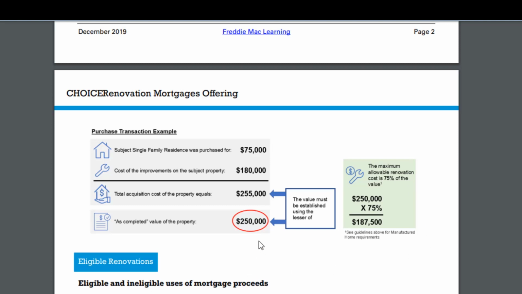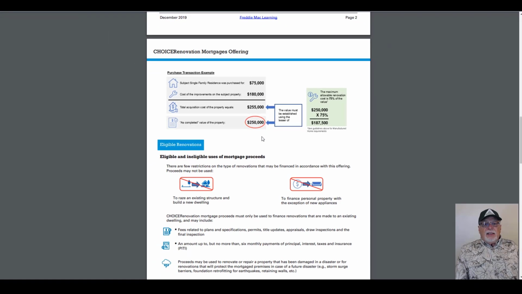Since it will appraise at $250,000, what they're saying is that they'll give you $187,500 toward the improvements, which is substantial. So now I'll point out a caveat here: what this is really saying is that the home was probably not in good shape, because if they're going to let the as-completed value of the property be $250,000, that means that there are other houses somewhere in the nearby proximity that are also worth around $250,000, give or take,